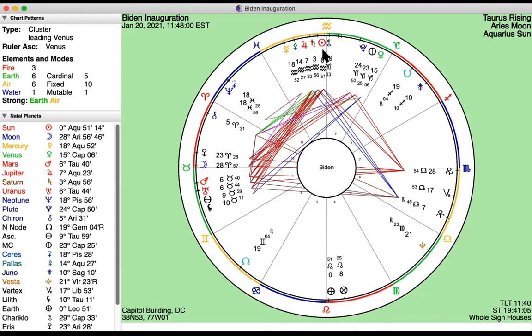Also, the sun is conjunct Saturn, which reflects his age, his maturity, his wisdom, and long experience in politics. Aquarius is politics, and also his focus and determination for